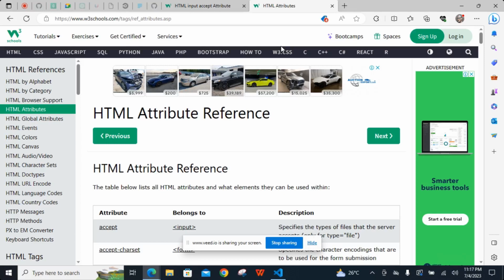So we'll be looking at the HTML attributes, and here we are going to talk about a lot of attributes. Mind you,